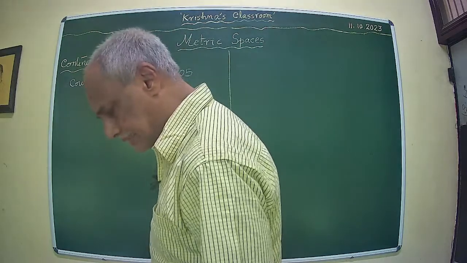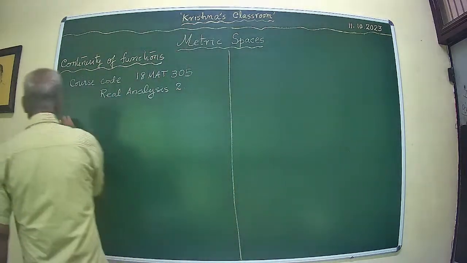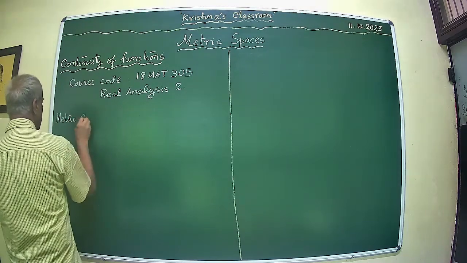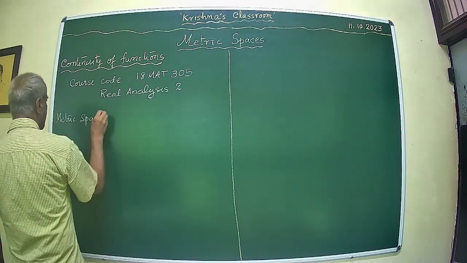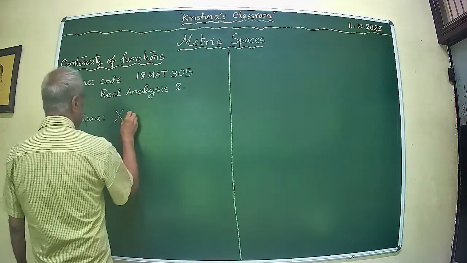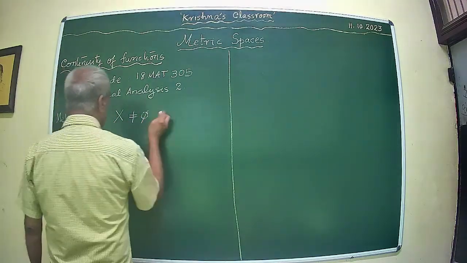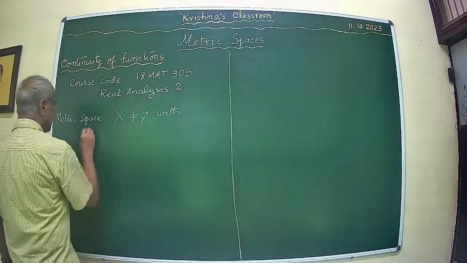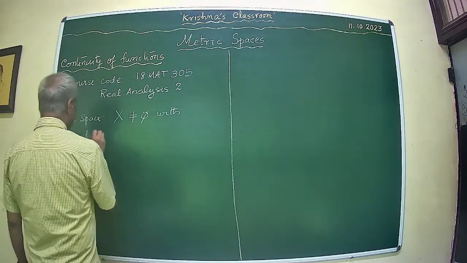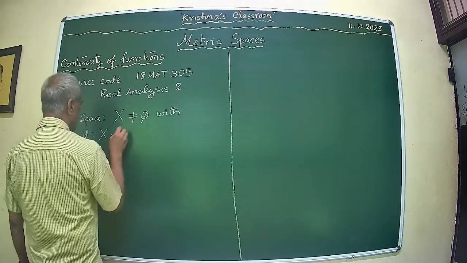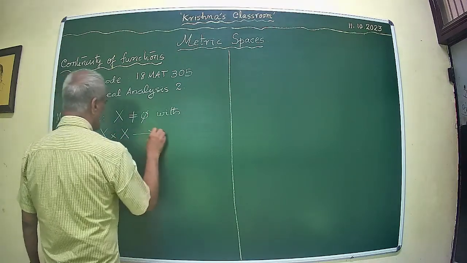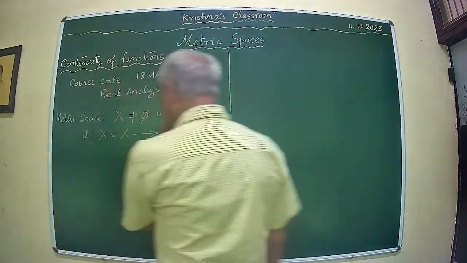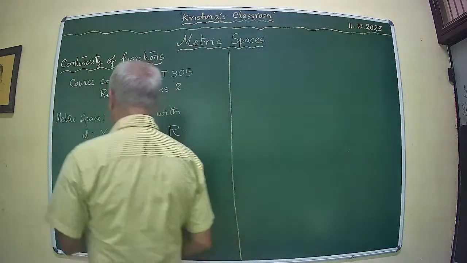A metric space is essentially a non-empty set with a function d defined from X cross X to R satisfying certain properties, namely that